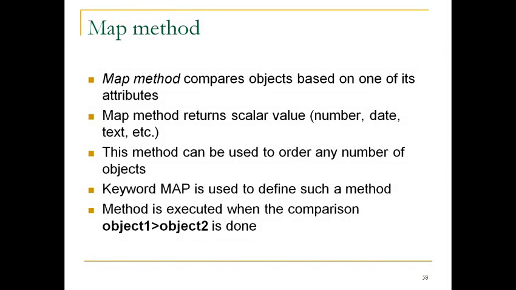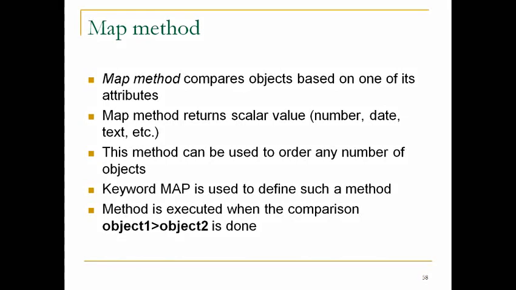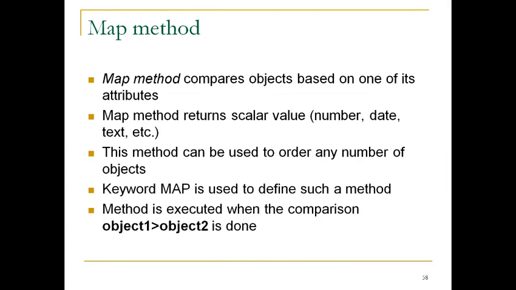If we get a scalar value or a number, then we can put them along this scale. The keyword map is used to define such a method, and the method is automatically executed when we